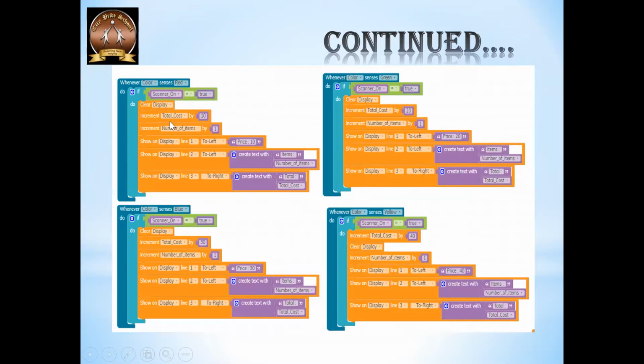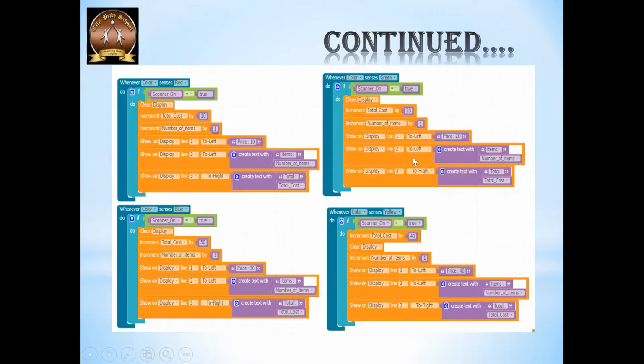And if we talk about cost, the cost will be increased according to the color. For example, green color increments by 20, blue by 30, yellow by 40. And everywhere accordingly you have to change the display 10, 20, 30 and 40. In the second line we are going to display number of items, and in the third line the total cost to be paid.